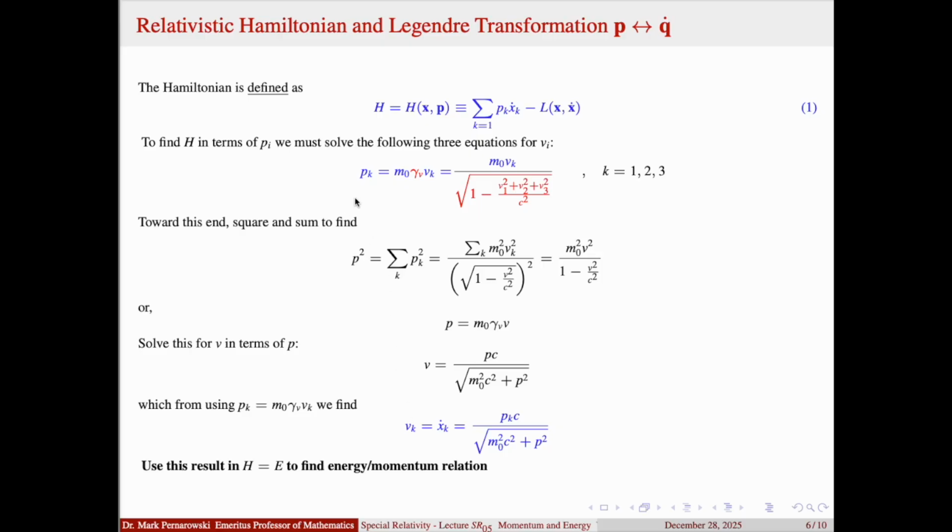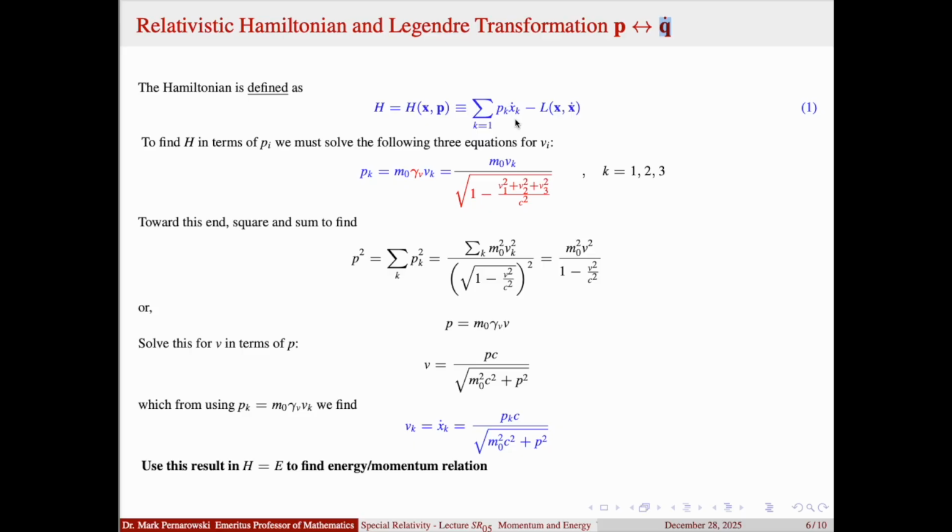So in summary, with the momenta being defined using the partial of L in q dot, that gives us a way of translating q dot, or velocities, into momenta, and vice versa. And I've just figured out the inverse of that. So that says that now if I know the momenta, I can compute what the velocities are. So I'm going to use this last blue expression in the